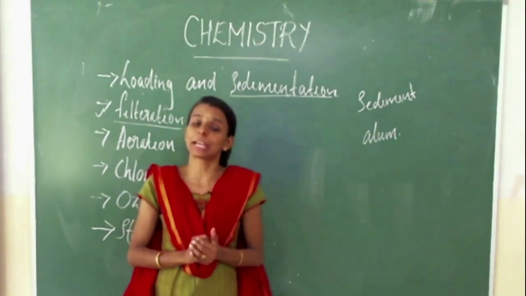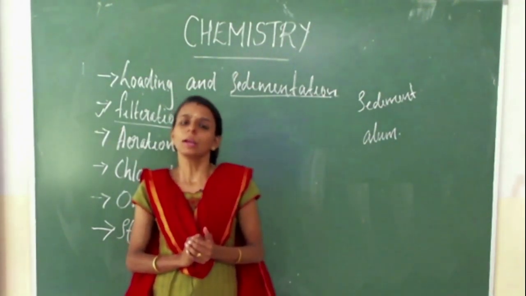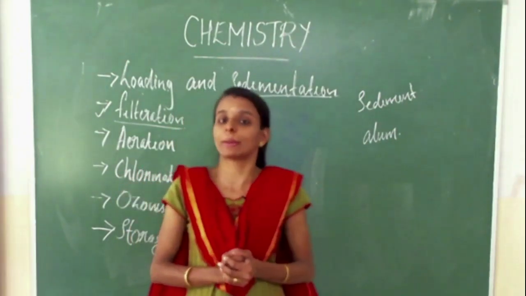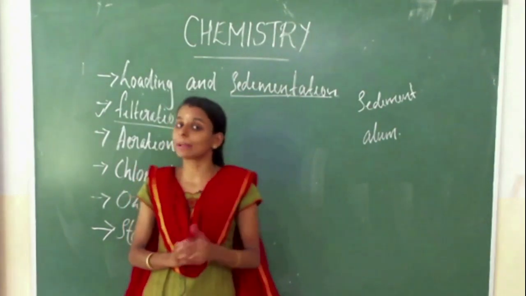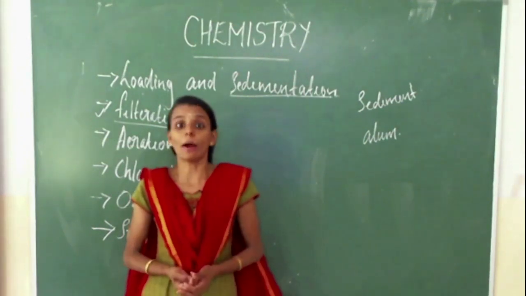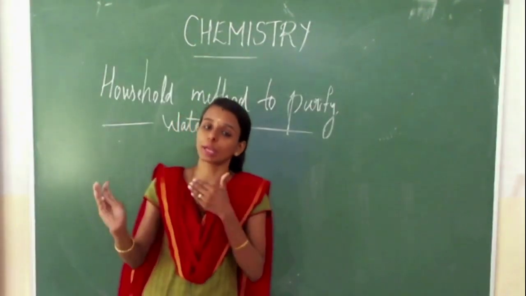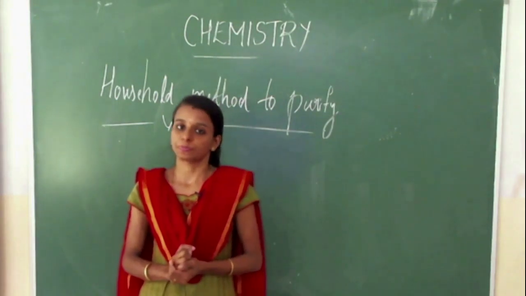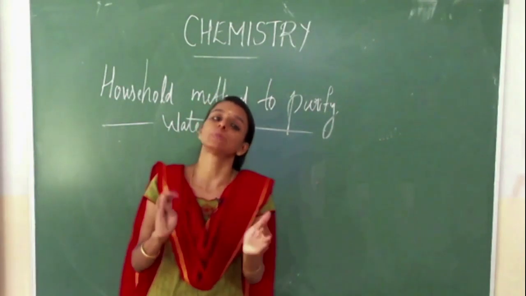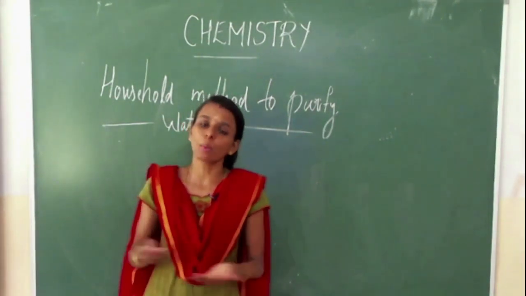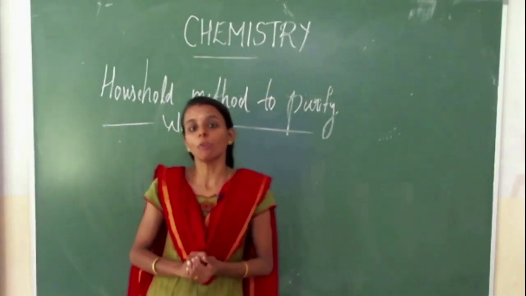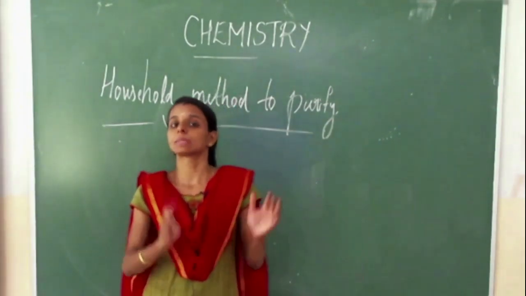This is the main purification method in cities. Then we know that in our house also we will use different purification methods. What are the different purification methods we will use in our house? First method, yes, boiling. Different methods are used for the purification of water in homes. First simple method is boiling. The germs can't survive at high temperature. So it is the easiest method of purifying water.